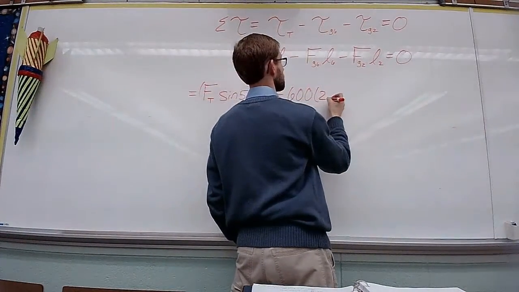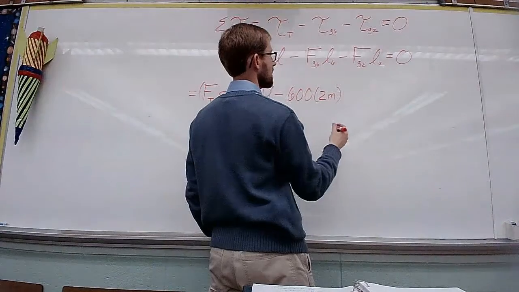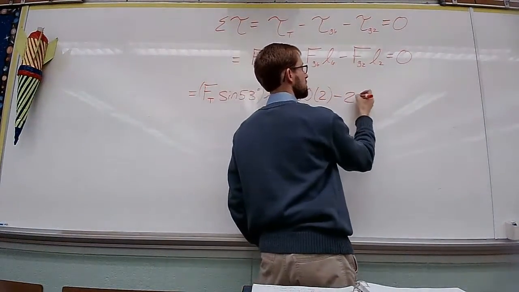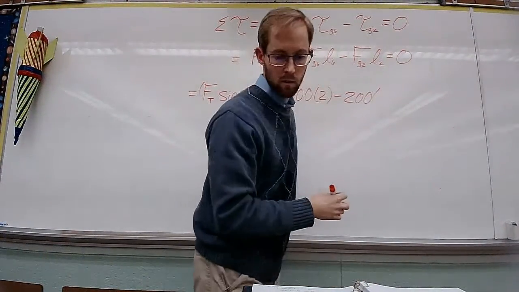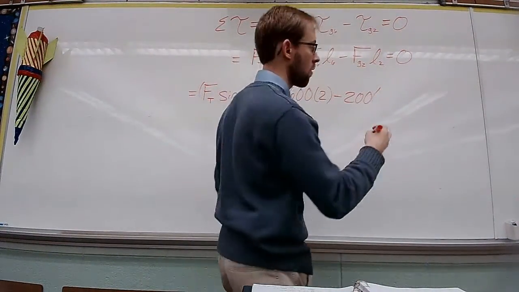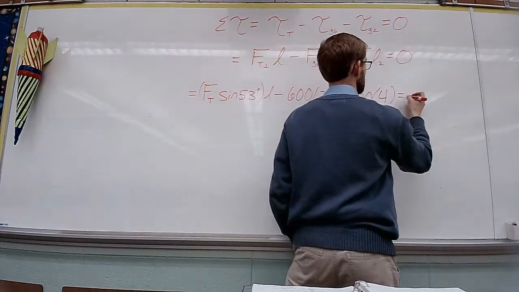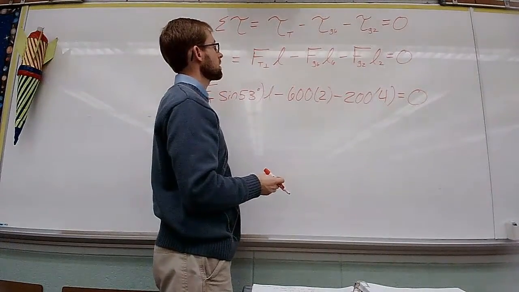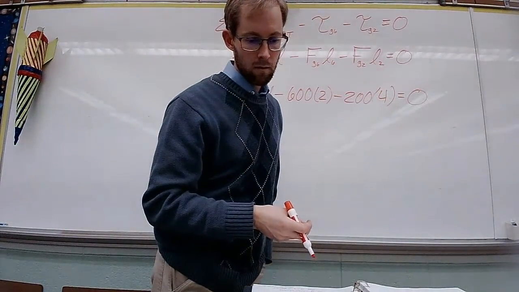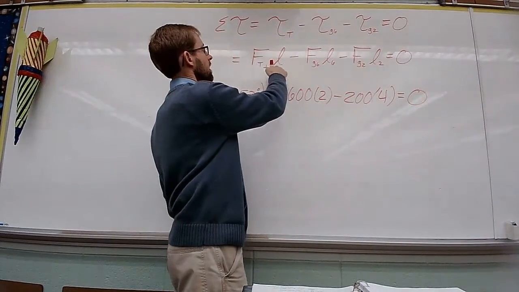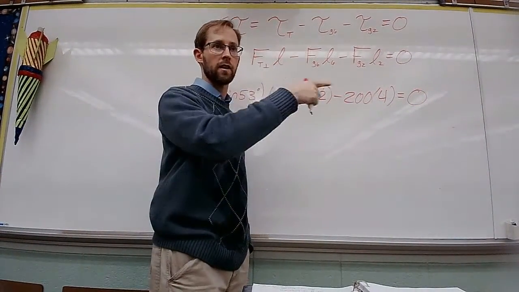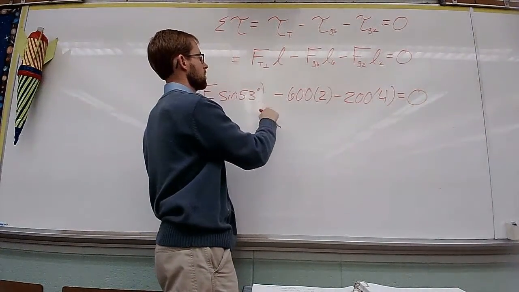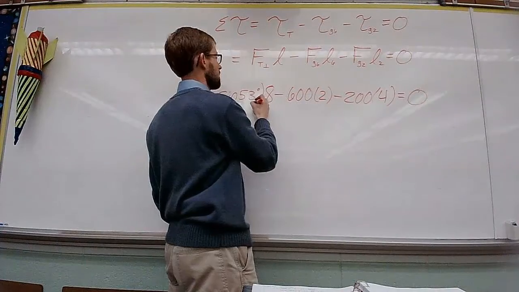I'm going to leave units out. This is going to be long enough. And then we've got FG2, that's 200 times its length, which is 4. Yep. So the first L should be 8. You just didn't write it right. Yeah, the force of tension sine 53. On my notes, I just have regular L because it's the full length. But in the equation you have the L value instead of 8. Oh, yeah. We'll get that number in there. Thank you. Okay. Now we're all set.